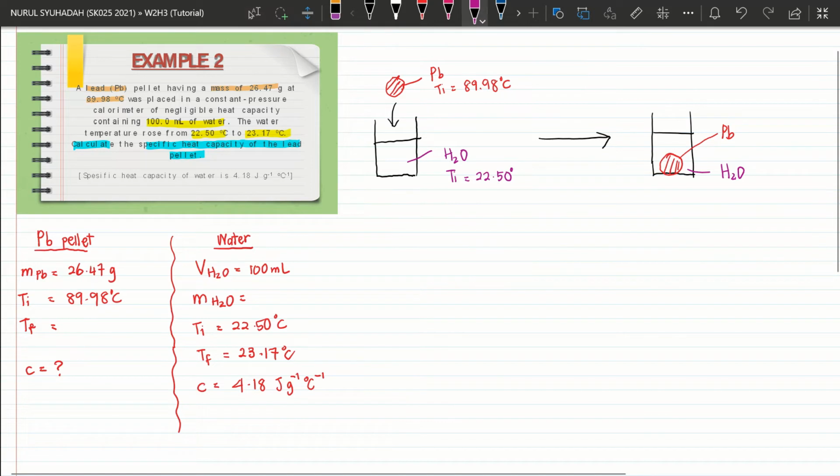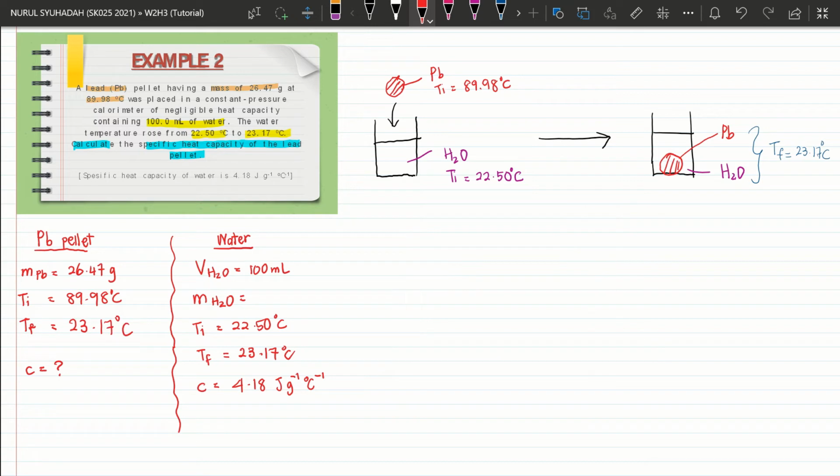After the two are mixed together, they will reach thermal equilibrium and have a final temperature of 23.17 degrees Celsius. How do we know this value? It's from the measurement of the temperature of water. So the final temperature of the pellet will also be